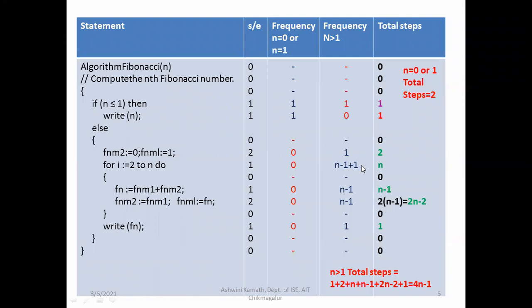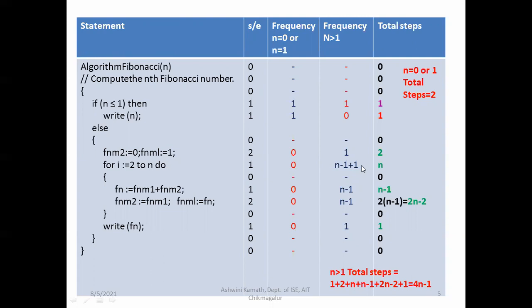Okay, n minus 1 I have written so that you can understand the concept. N minus 1 because it begins at 2. 1 to n means n number of times, right? 1 to n means n number of times for true cases. But here it is 2 to n. 2 to n means obviously n minus 1 number of times. For example, if n is equal to 5, 2, 3, 4 and 5: 4 times it will execute for true cases. When it becomes 6, it will be false. Okay, so it is n minus 1 plus 1 which is equal to n.